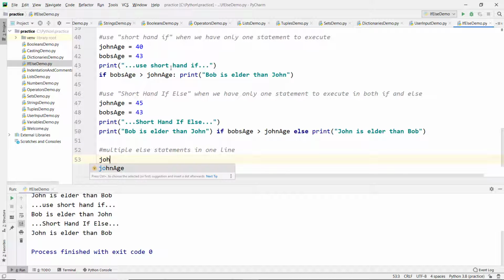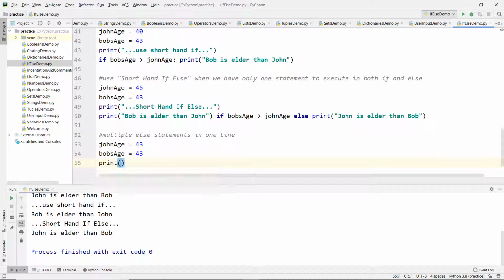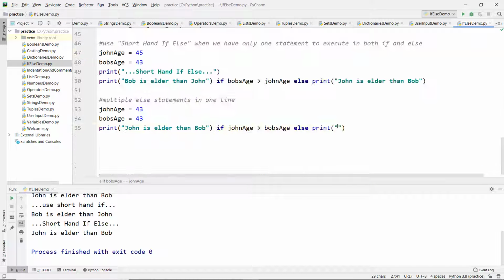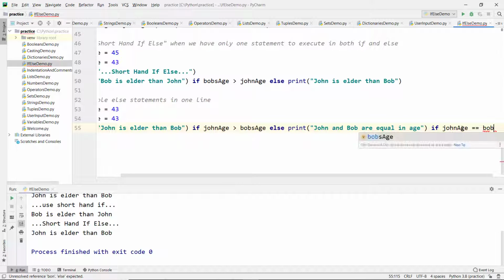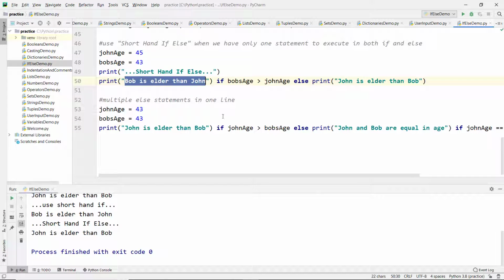So let's take John's age 43 and Bob's age also 43, and let me try to print John is elder than Bob if John's age is greater than Bob's age, else print John and Bob are equal in age if John's age equal to Bob's age, else print Bob is elder than John.